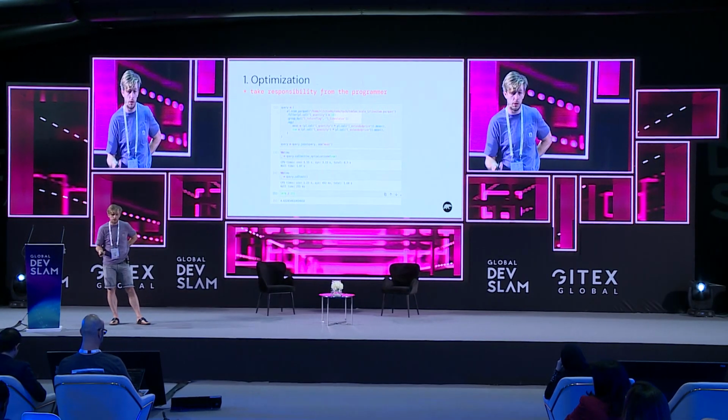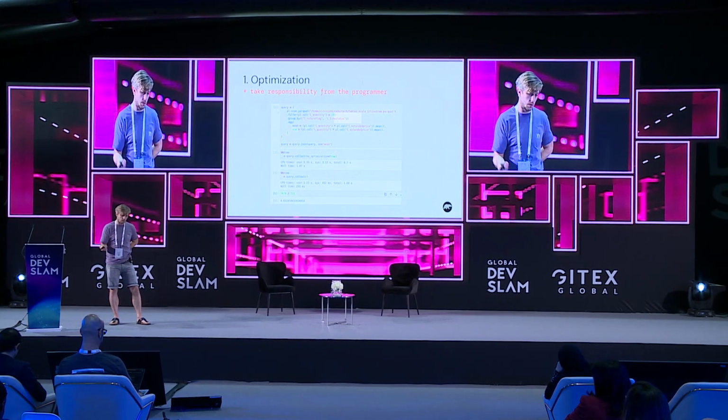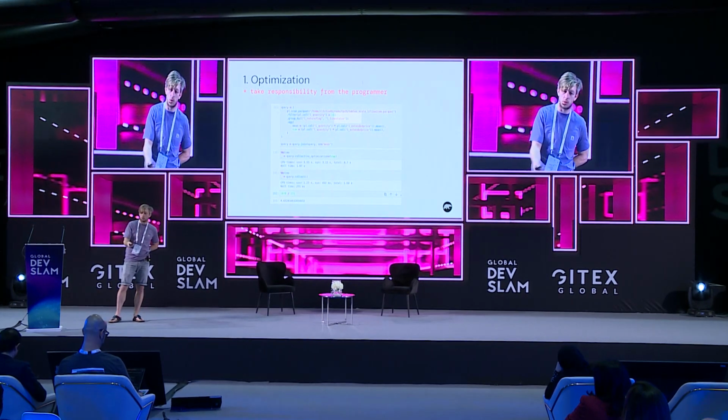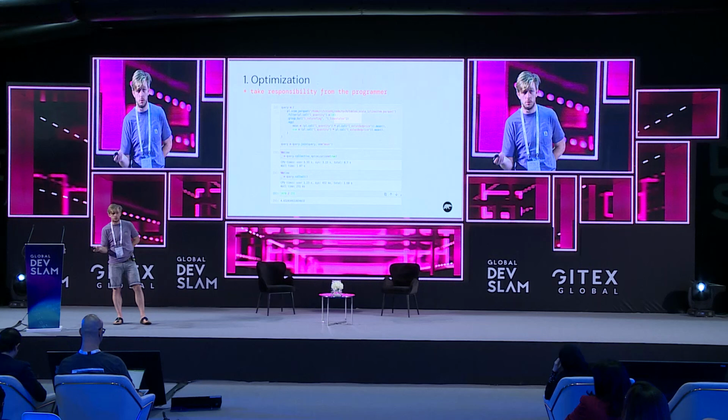Here we have a query written. We load some data from a Parquet file, we do a filter, we do a group by, and then we do two aggregations. First we run this query without optimizations. We explicitly turn them off, which takes a little more than a second, and then we run the same query with optimizations, which takes only 230 milliseconds. So we get a 4.5x speed up for nothing. The optimizer just optimizes this query and gives you the speed up, and you didn't have to think about it.